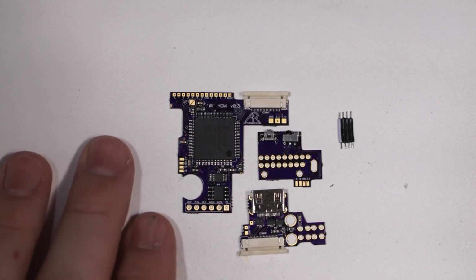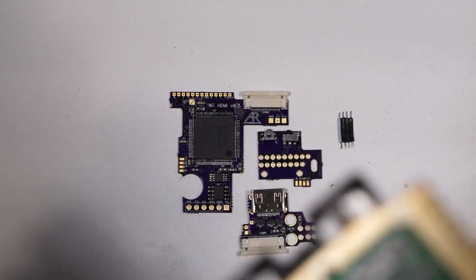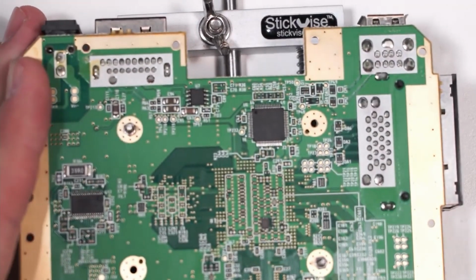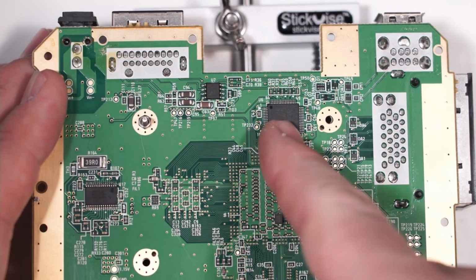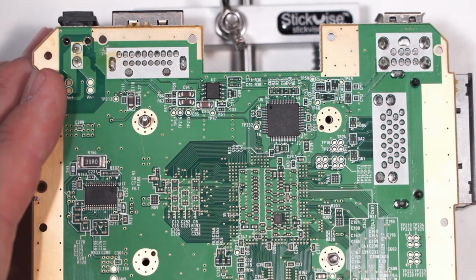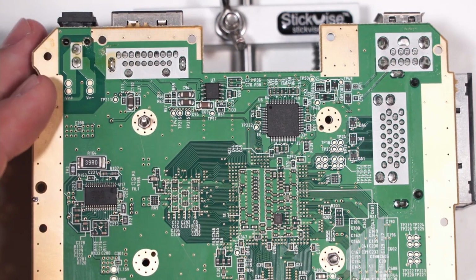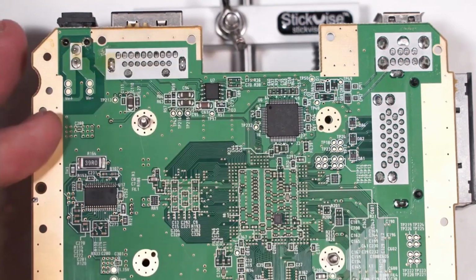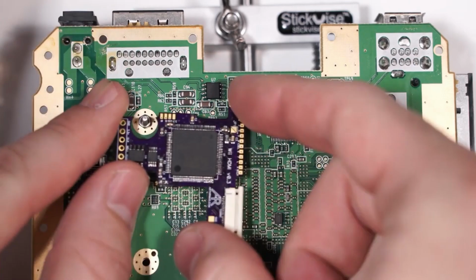This package here fits perfectly inside of this motherboard revision, and the way it works is there's a few different boards here. Basically on the Wii, this right here is the AVE RVL chip, which is the video DAC for the Wii. So it takes the digital video out from the GPU and converts it into analog signal that goes out to the AV port. What this does is it sits right here,